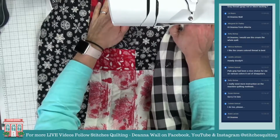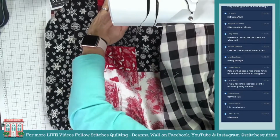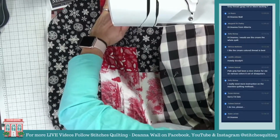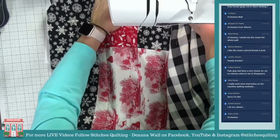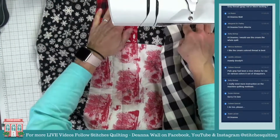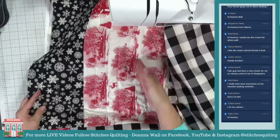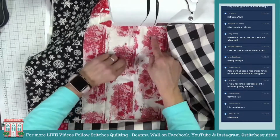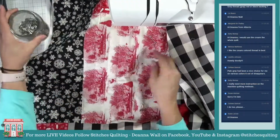Okay. Wait a minute. I wonder if I hit, let me make sure when I move my machine over, make sure all my plugs are perfectly still in. So we want things to look, and I'm going to show you my next row. Now I'm going across this toile right here. I'm going to take off these pins